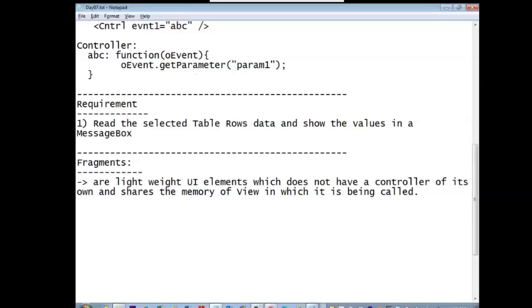So fragments are nothing but global views. You can treat them that way. Only the presentation logic we write in the fragments.